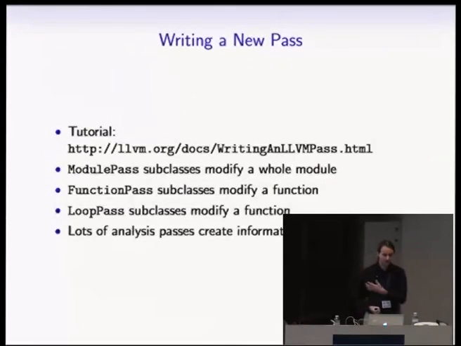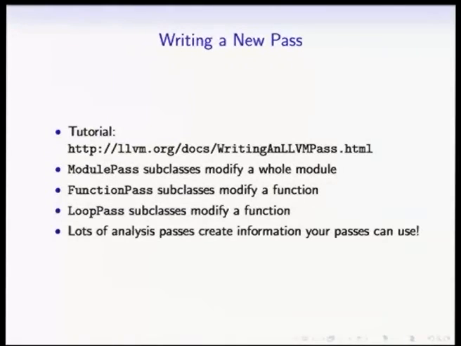There's a tutorial online for writing a new pass. It's pretty simple. Typically you'll subclass one of these three, either modules or function or loop passes, depending on the scope of your optimization. And lots of the passes that exist now are analysis passes, so they don't transform the IR, they just collect some information about it,